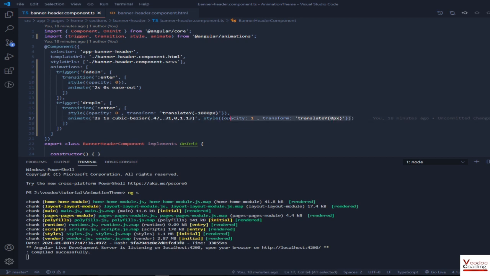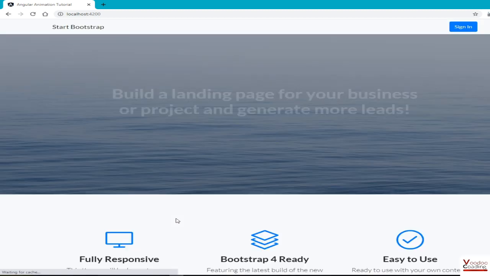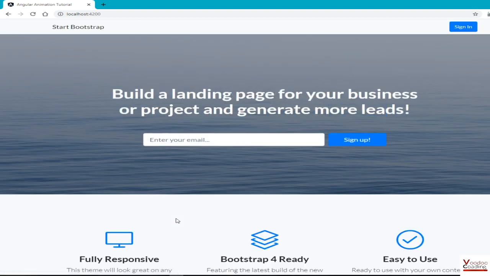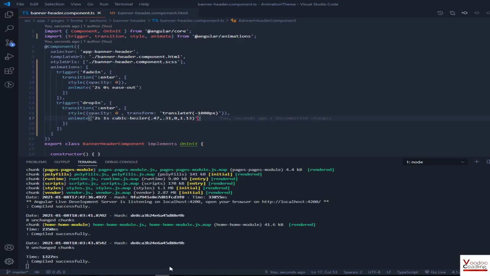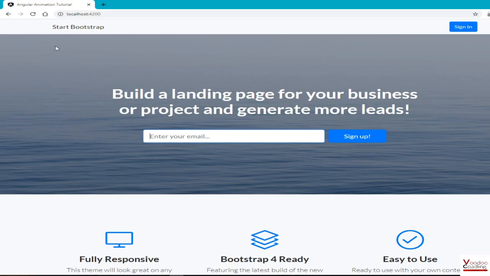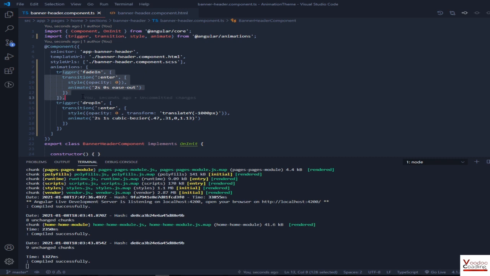We can make this even simpler. We don't need this one, we can just delete it and save. Now it is going to be the same, because as I told you previously, the default state remembers its default position, so we don't need to set the defaults. Angular automatically knows the defaults, so we can set the void and it's going to revert back to the defaults. So that's how we can create an animation using the same way we created the fading animation.